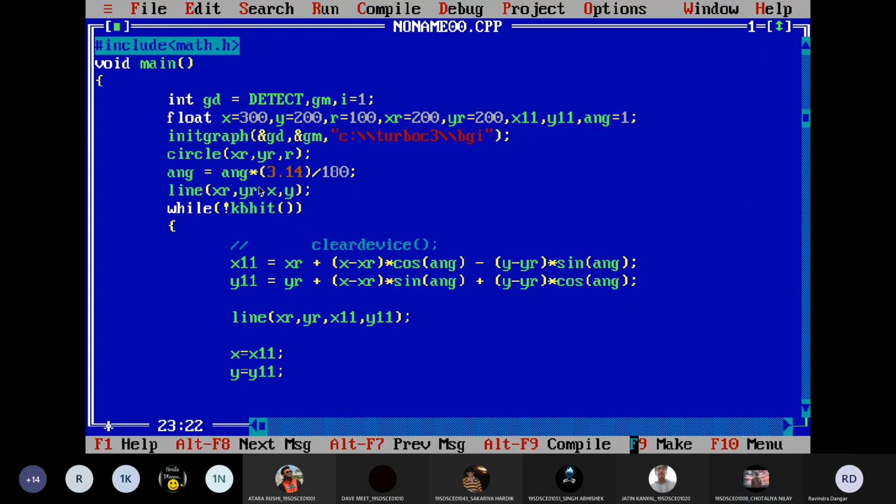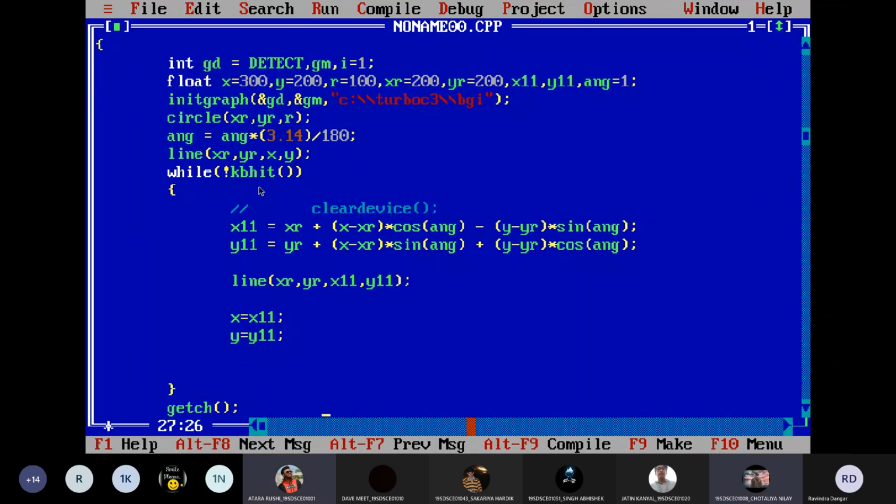Yes sir. What happened is, look, in x11 and y11 I got the new updated values, and I assigned those values back to x and y, so that when the loop executes the second time, it will find the values of x and y here. So now I will get the updated value. Again I will get x11, y11, which is going to be the new value. It will draw the line from center to the new value. Whatever new value I am getting, again I am assigning it to x and y. So for the next time it will update the value. Are you getting what I am doing here?